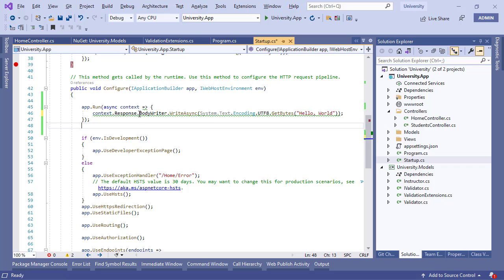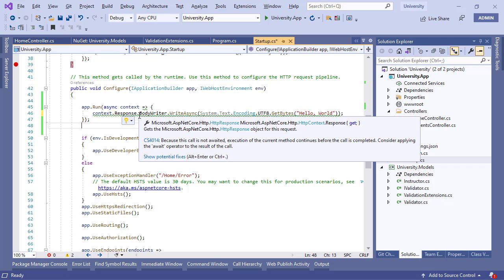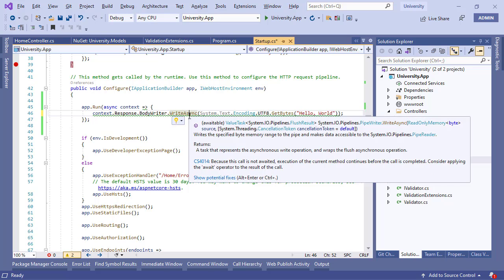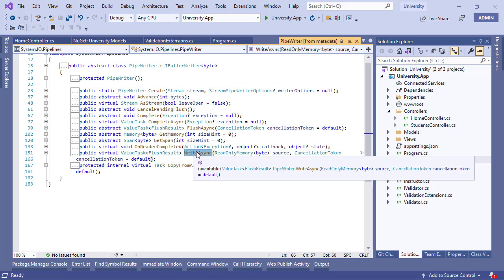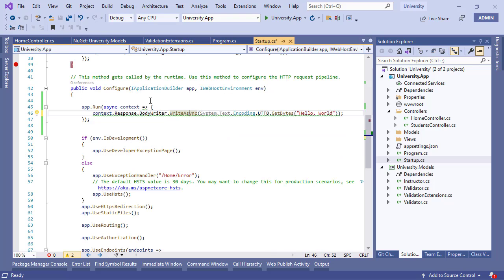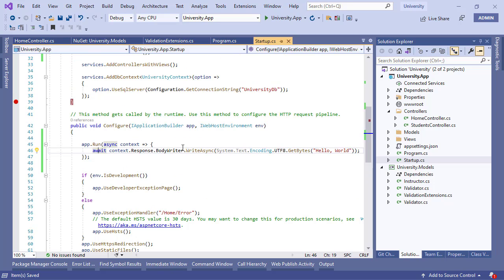Now this green squiggly here indicates that we are inside an async method as well. A function that is returning a task can be awaited, and we have not written an await statement. So if you put this await statement, the green squiggly has gone, and now if I hit Control F5,